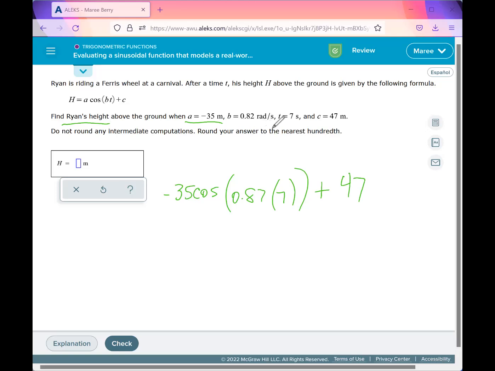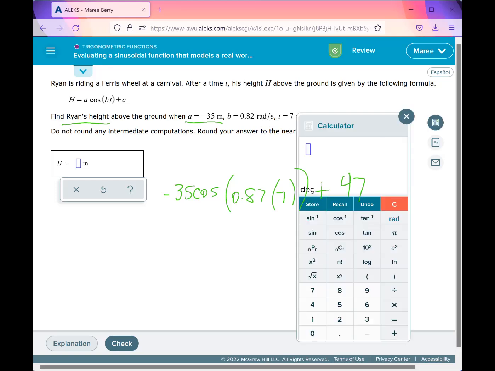Since this is radians per second, we want to make sure that our calculator is in radian mode. So we're going to go ahead and type this into the calculator. And I wish, well, one of these days I'll get the TI calculator downloaded on my computer, but I don't have it yet. So we're going to use the calculator given